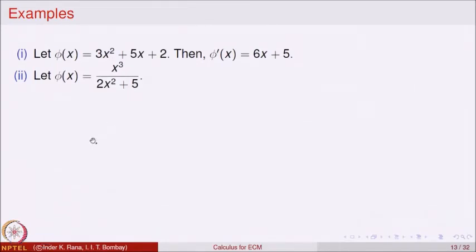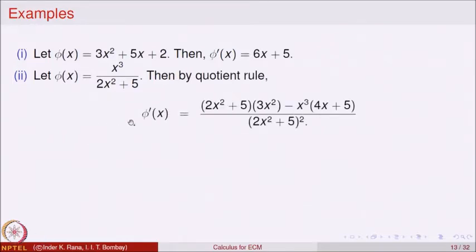So we can compute by the quotient rule, the derivative is equal to (2x² + 5)² in the denominator, this goes up, (2x² + 5) times the derivative of x³, that is 3x², minus x³ times the derivative of 2x² + 5, and that is 4x. There is a mistake here, that 5 should not be there at all, that is 0. Okay, right. So which can be simplified,